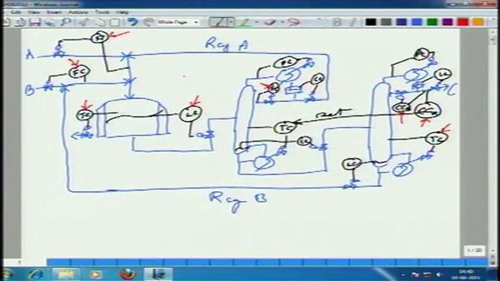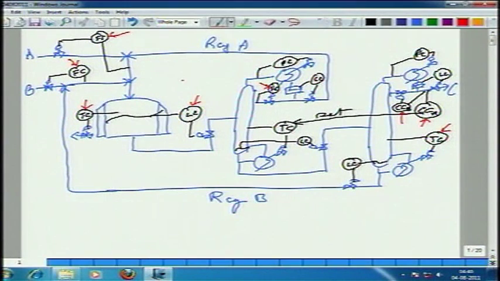How do we set these set points? Temperature, well, in the absence of a side reaction, you can say temperature should be max, because if temperature is max, conversion is max, unreacted A, unreacted B is least. Therefore, the recycle cost, basically the boil up here goes down. Similarly, boil up here will also go down, because there is less B going around. So, I will say, in the absence of a side reaction, temperature should be max.